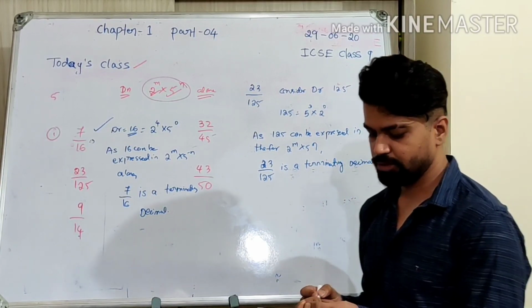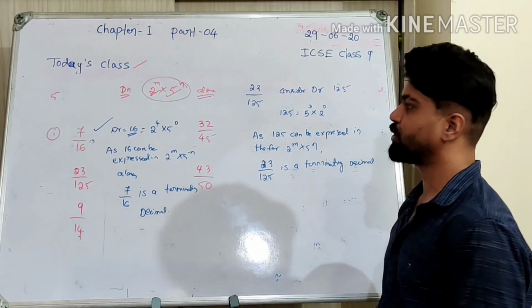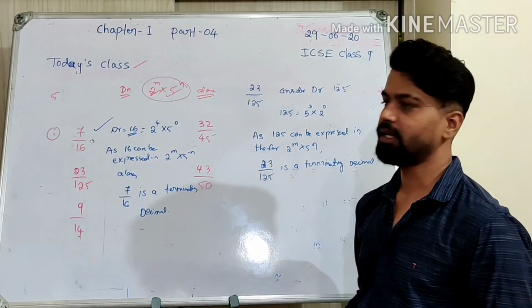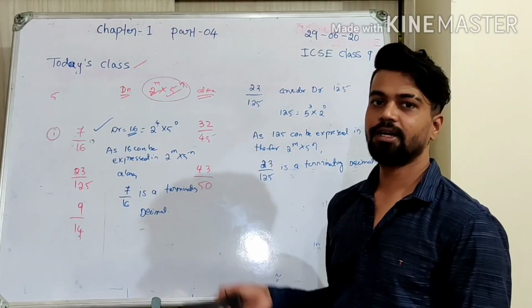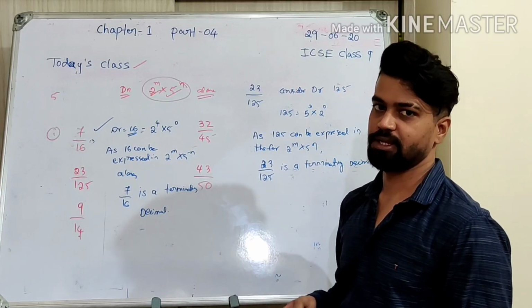So this is how you have to give the answers. Okay, so if you want a complete mark, you need to explain what you know. So it's not about how much you write, it's about what you know exactly. So this is the reason behind, is it a terminating decimal or not. So when you know that clearly, so that will be more satisfying answer.